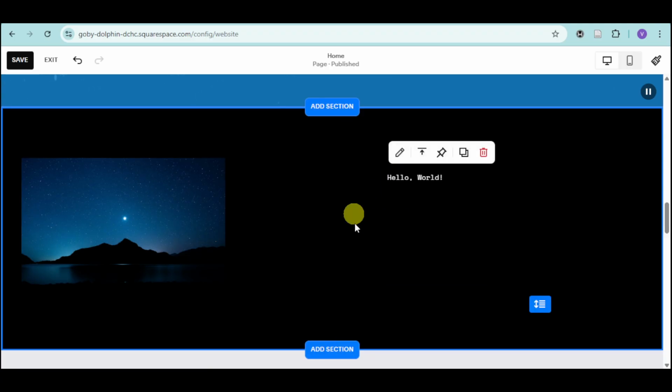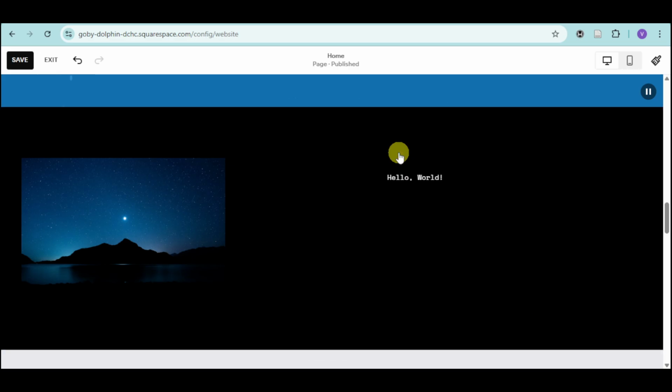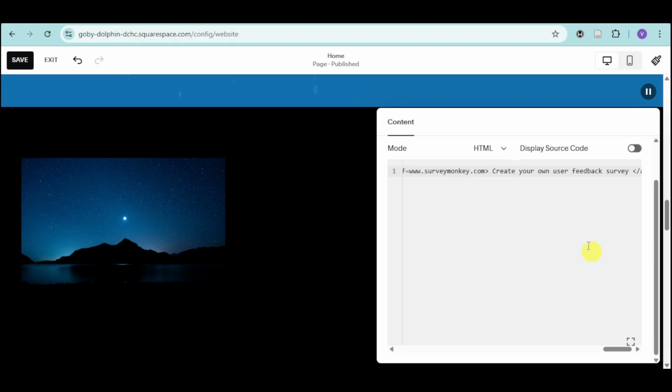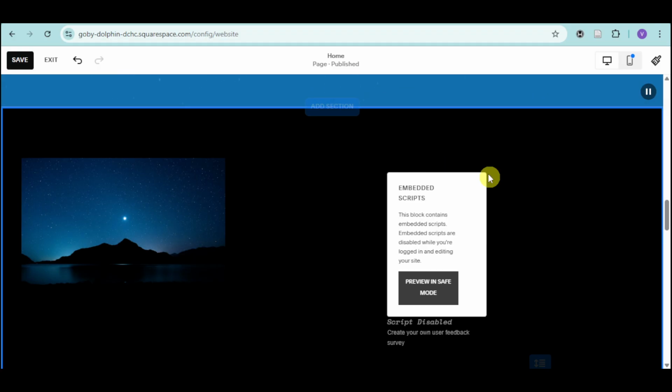And then on the actual option that will appear, click on this pencil icon in order to edit this, and then press Control V on your keyboard in order to paste the code that we have. And then from in there, you can just proceed to cross this, and the survey should be able to appear